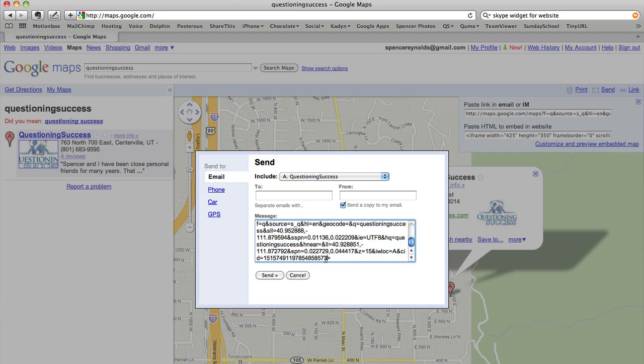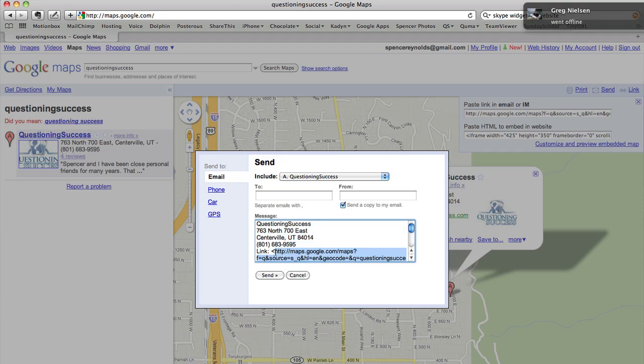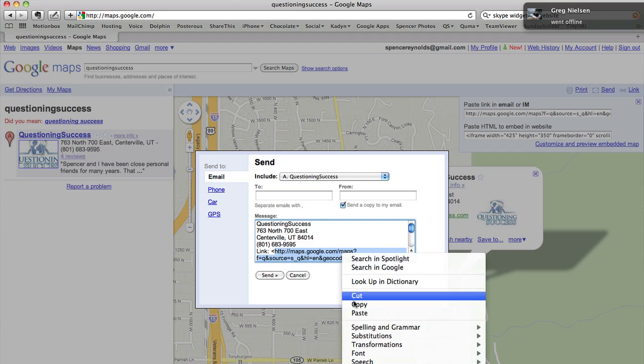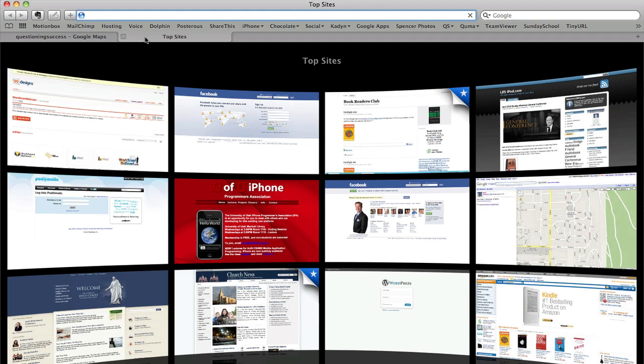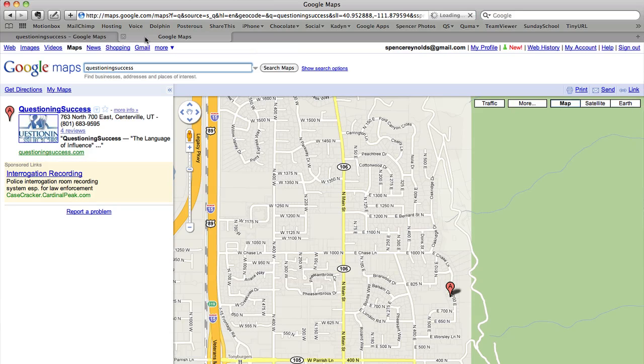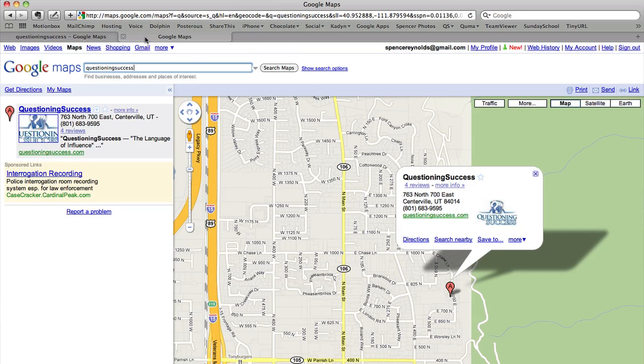That's the link you want to link to without taking that last HTML tag. So if I have that link, all I'm going to do is copy it. Now, if I put a link on my blog to say, map of where my office is, then all you have to do is click on that map, and it's going to put this huge long code in. You hit enter, and that's exactly what it takes you to, the page that I wanted, including up here,